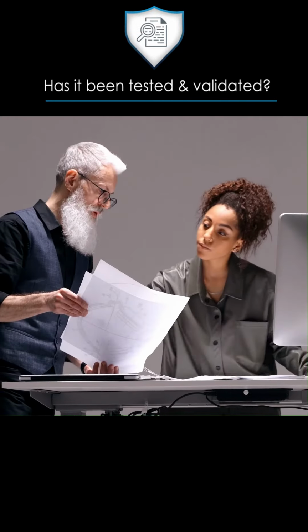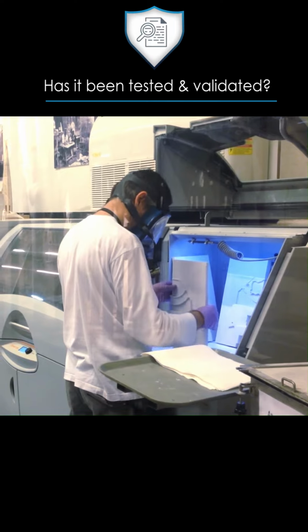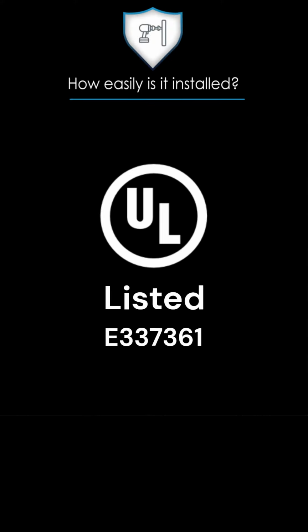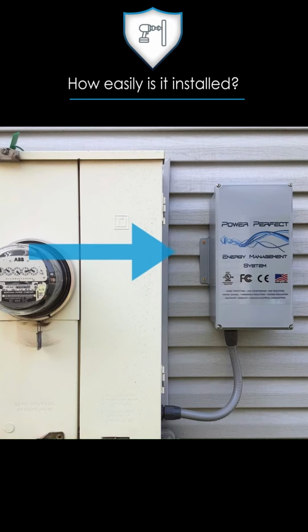Satic's award-winning technology has been rigorously tested and third-party validated by the country's leading labs, building biologists, medical researchers, as well as academics. UL listed, it can be installed quickly and easily, indoors or out, usually requiring neither permit nor